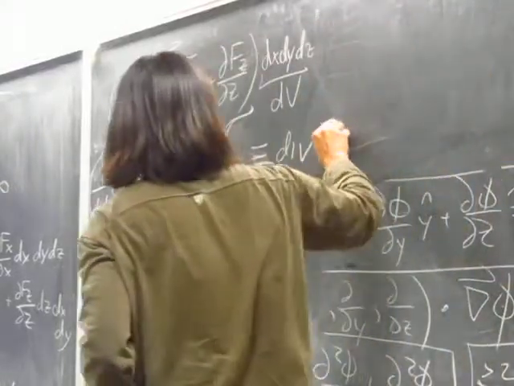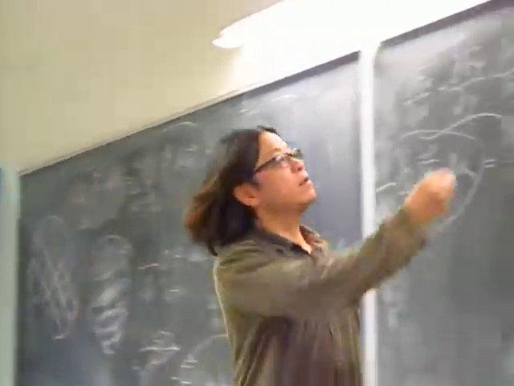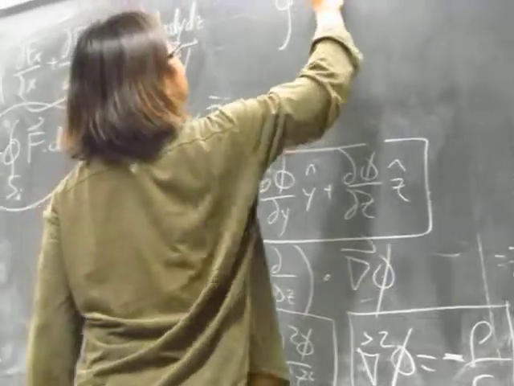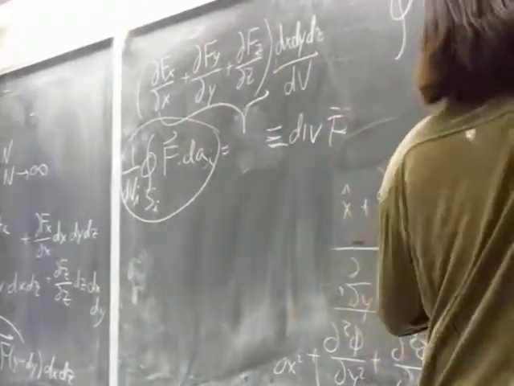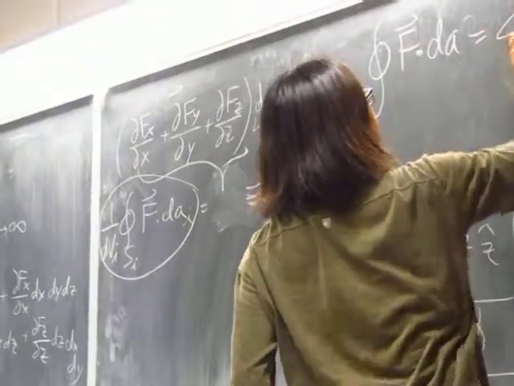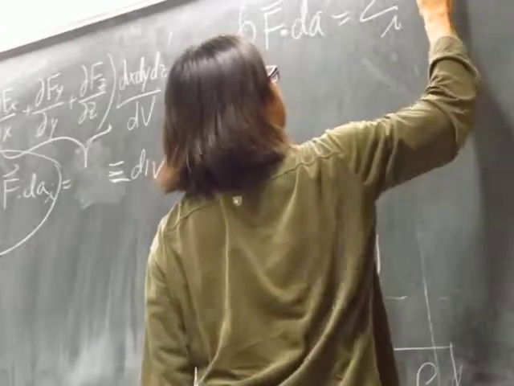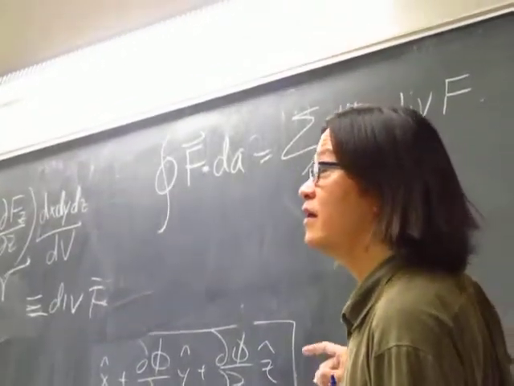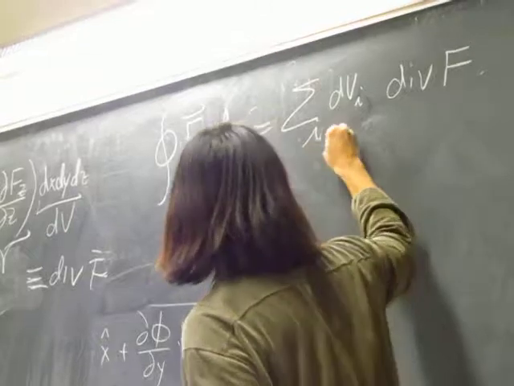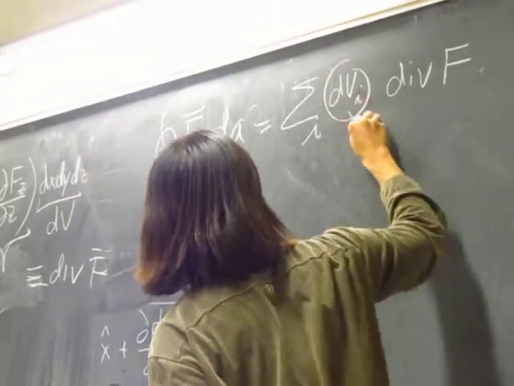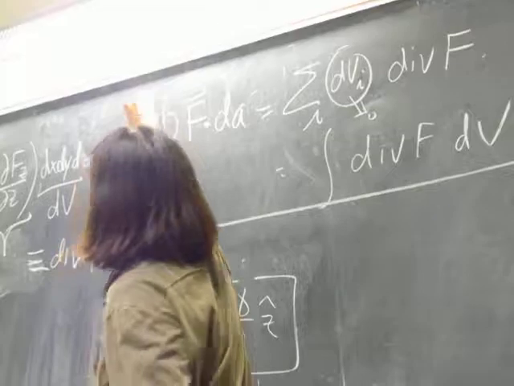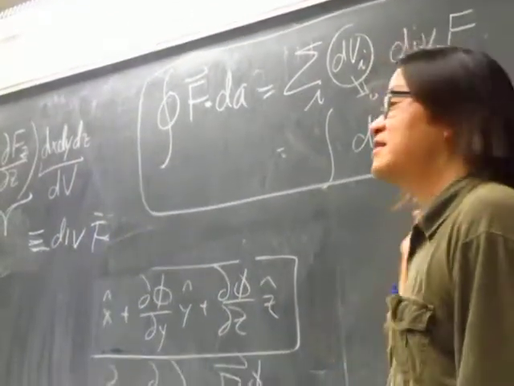Once you have this definition, I can go back to the original equation: the integral of F times dA is just equal to the sum over i of dVi times the divergence of F. And in the limit when this goes to 0, this becomes an integral. This is just expressing the surface